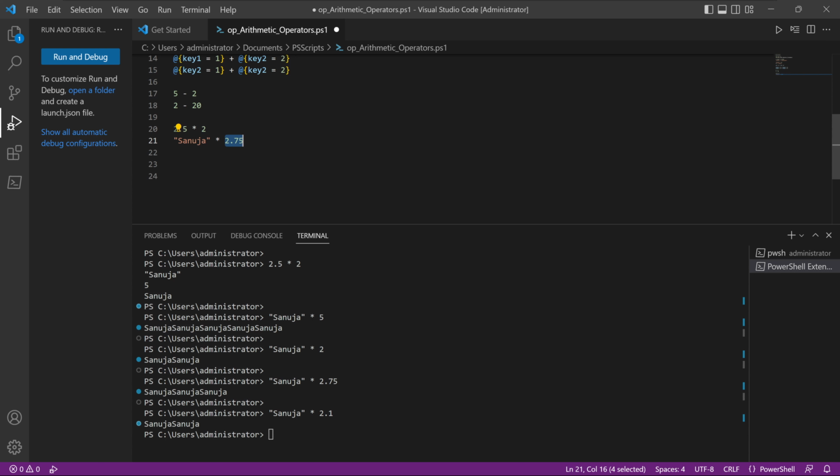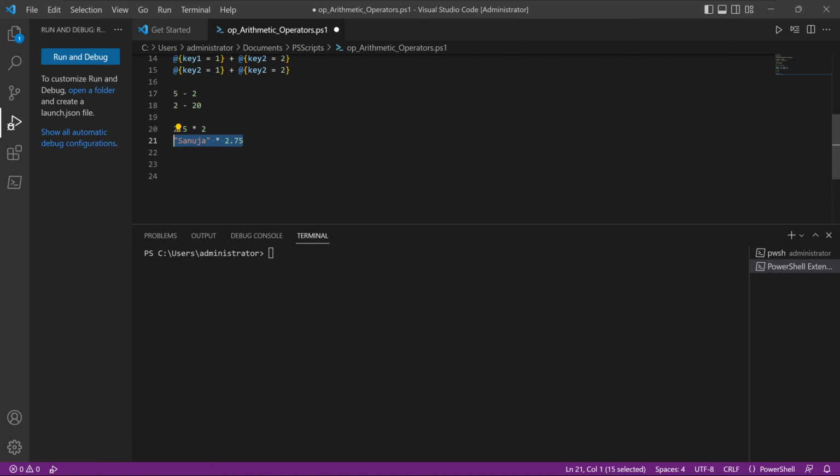Now, as with the addition operator, the multiplication operator will also throw an error message if the number value is on the left hand side of the operator. So if this 2.75 is on the left hand side of the operator, I'm going to clear the screen here. So if I run this, it's just fine. It prints 3 times Sanuja. But if I put 2.75 multiplied by string Sanuja, that will spit out an error message